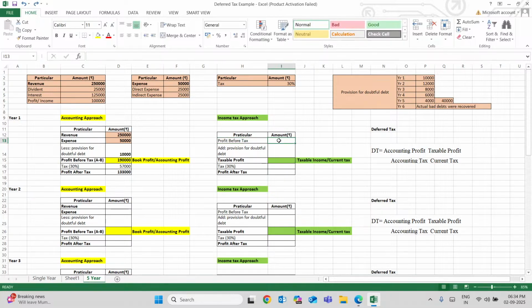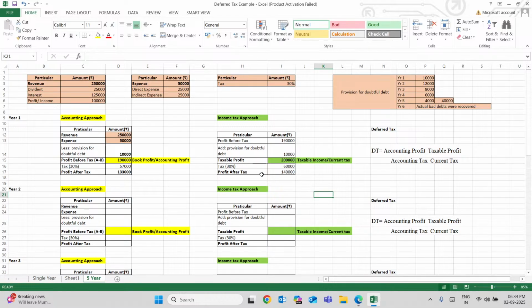This is 1,90,000. Under this we are going to add the provision that was 10,000. Then we will have a taxable profit of 2 lakhs. Under this we will charge tax on the 2 lakhs, that will be 60,000, and the profit after tax that we will give is 1,40,000. So under this we can see here that